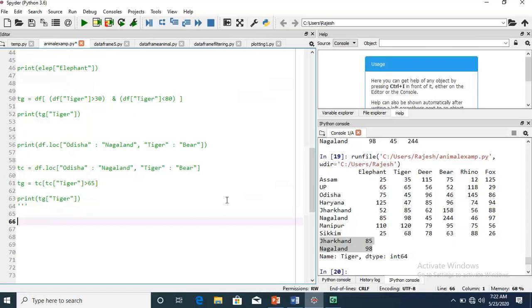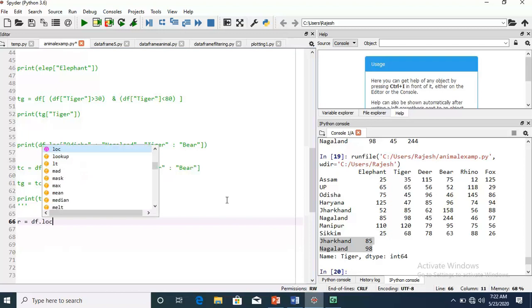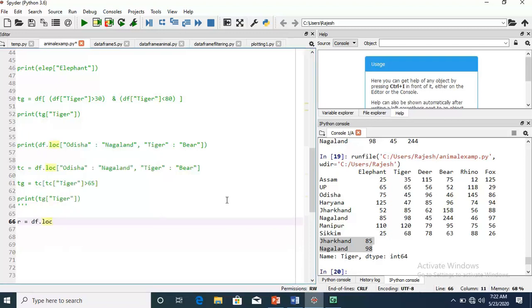I will not use print, I will directly write R is equal to df dot loc. LOC is somewhat easier than ILOC, but I always suggest you use ILOC rather than LOC. First is the row index, from which state it is asking. It is asking from Assam to Haryana.